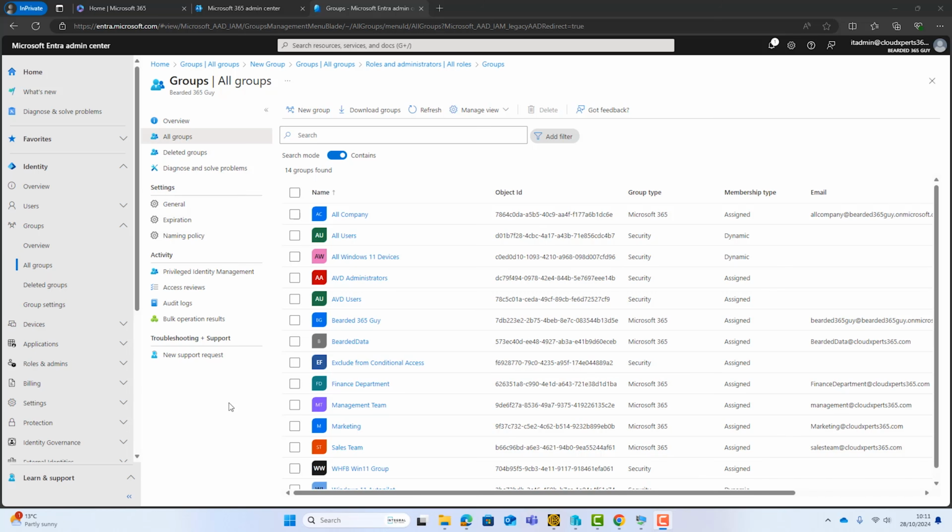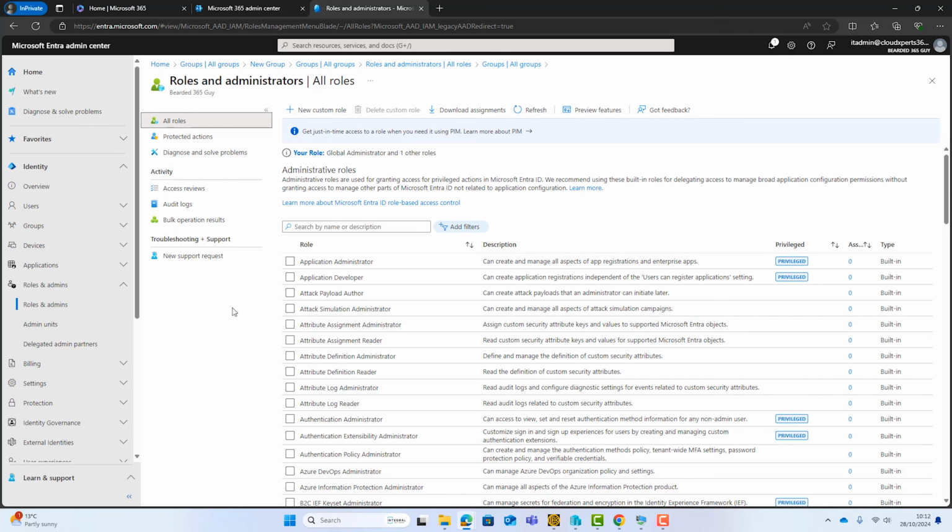So these are permissions that you're going to be assigning to the people who are going to be managing your security in your organization. So we're still within Entra. If I now go down to roles and admins. Now, there are 3 permissions that you can assign. You can actually get really granular with this within the Defender portal. I'm not going to touch too much on that in today's video. But let's just talk about 3 main permissions.